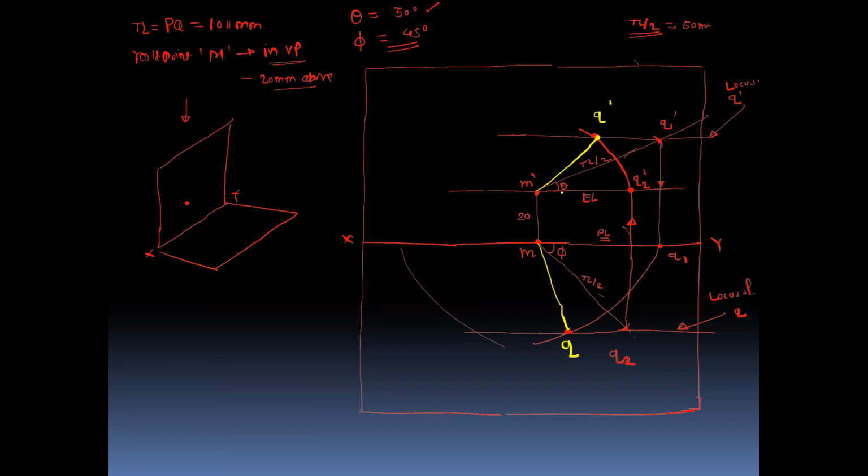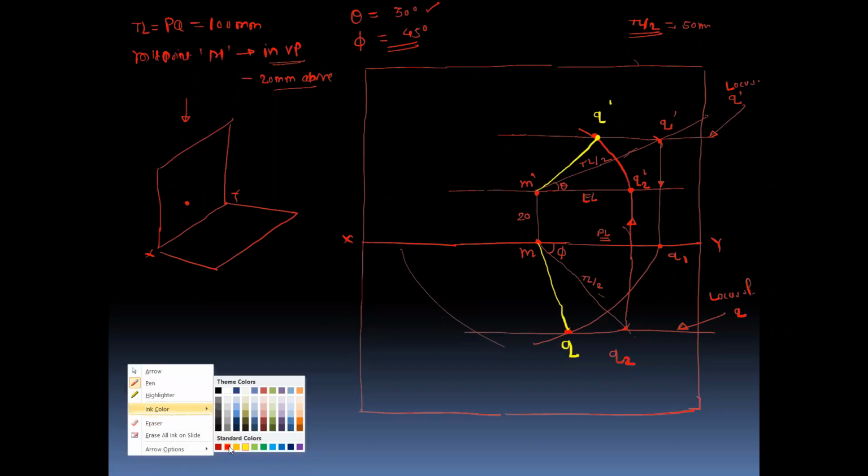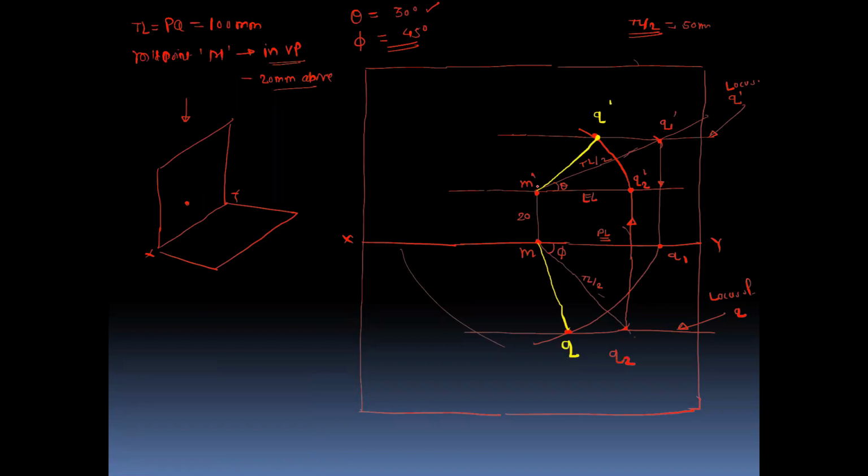So this is the actual front view. Okay, but this front view and top view are drawn by taking true length upon 2 distance. So we need to draw the complete front view and top view. For that, we need to locate the second point. Here we have drawn the projection only for the midpoint and the one end Q, which is lying in the first quadrant, but its other end, that is point P, is lying in the third quadrant. Okay, so to draw the remaining projection, just extend the true length by 2 distance. So true length by 2 distance, if you draw the straight line from the M dash Q1 dash,